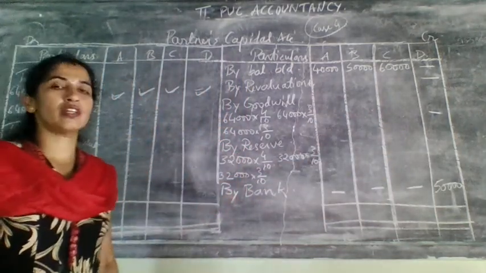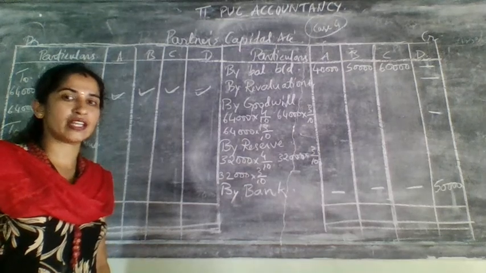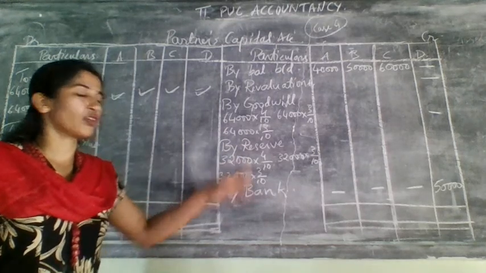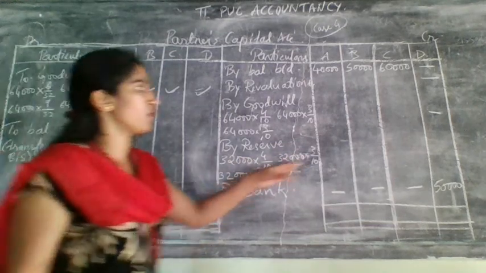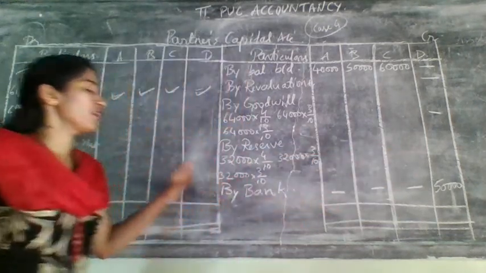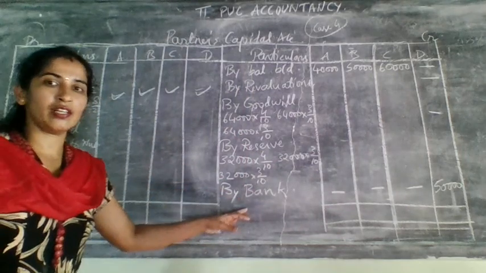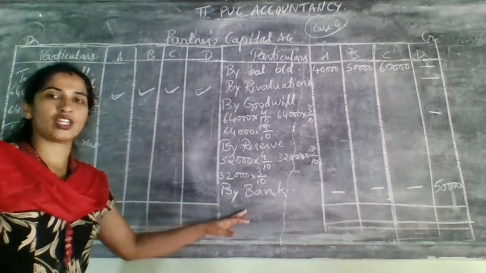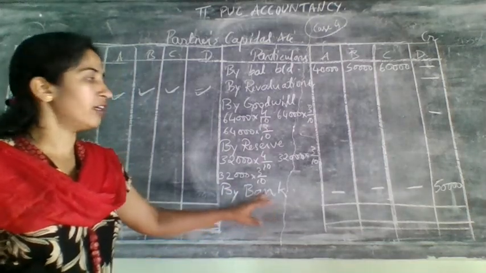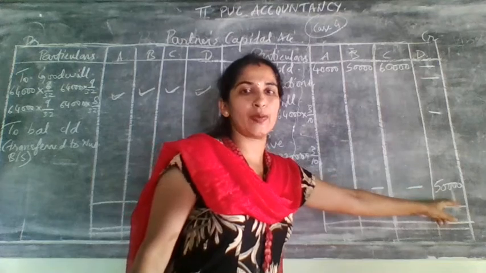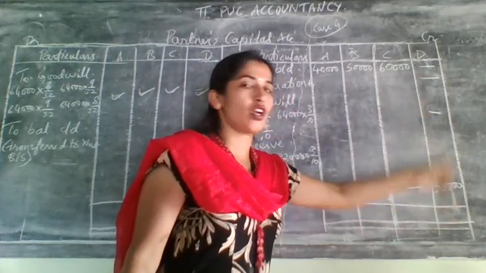Next comes which one? Reserve. It was on the liability side of the balance sheet. That also, what you need to do? Distribute among the old partners in the old ratio for all the 3. Next comes new partner's capital. Here they have given not cash in hand, instead of that they have given cash at bank. So we have taken here bank and write new partner's capital, how much he will bring, in his column.